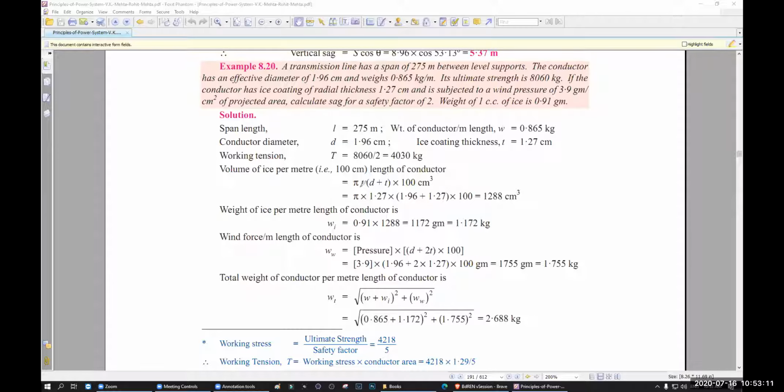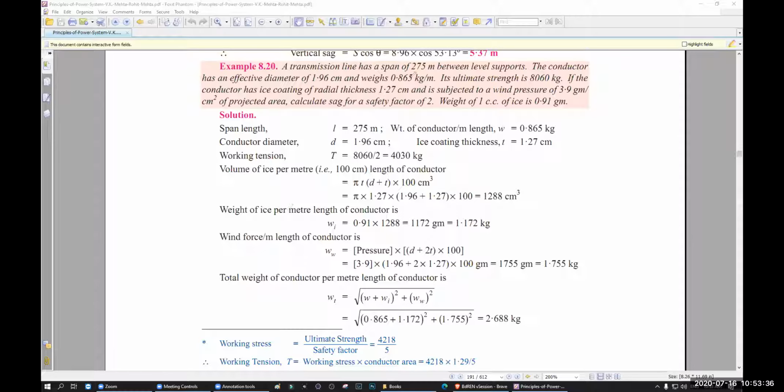Okay. So pi is here. T is 1.27. D is equal to 1.96. T is equal to 1.27. 100 is equal to 100 centimeter cube. So 1288 centimeter cube. Now the weight of ice per meter length of conductor is Wi is equal to 0.91 times 1288,